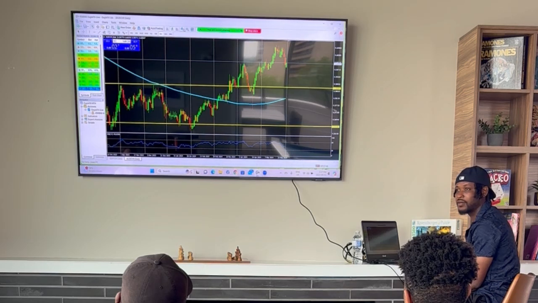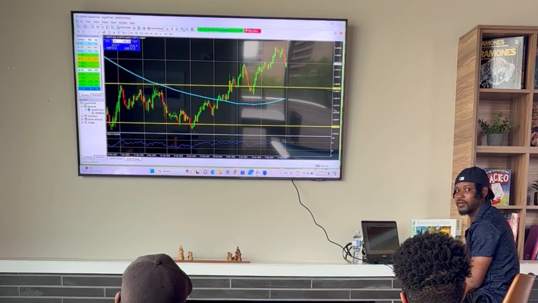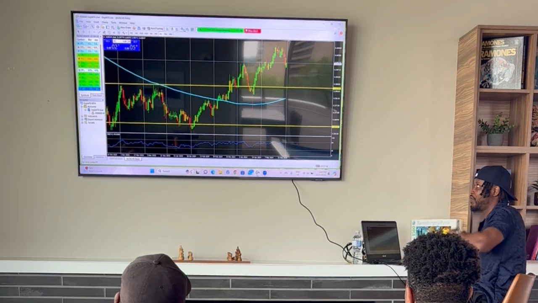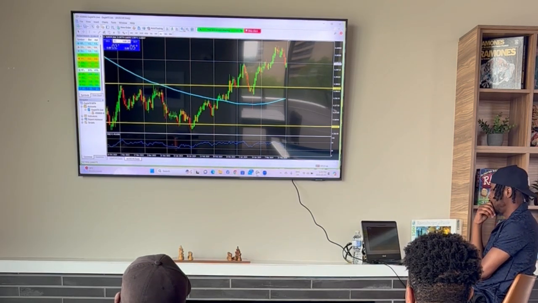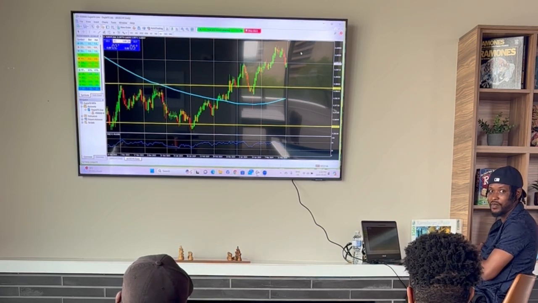Is it bearish? All right. What about you, X? No, bullish. Bullish? On a daily, bullish. Okay, what about you, Olivia? What do you think? Is it going up? Bullish means the market is trending up, bearish means the market is trending down. So is it going up or is it going down? The overall trend, right? Not just this, it's going up, right? So it is bullish. Bullish means up, bearish means down.